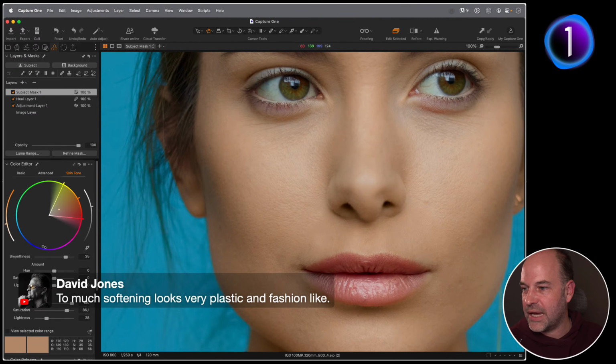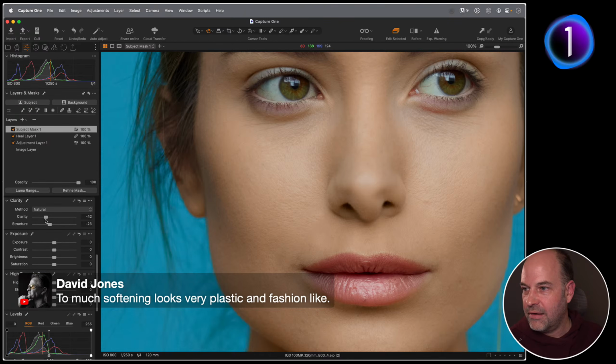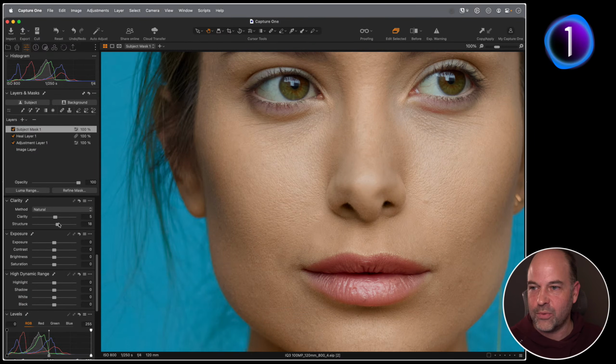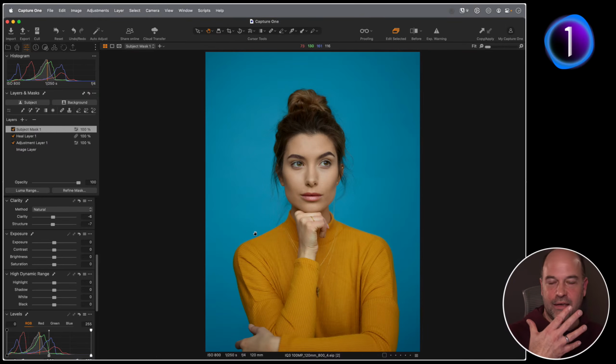As soon as we get to stuff like doing this kind of thing, you've got to have texture in skin, otherwise it just looks fake and horrible. So all those kinds of things, use with caution. I definitely wouldn't be adding clarity to a subject's face unless you are in that zone of having character portraits where there's loads of wrinkles and bad stuff like me, which you want to accentuate.